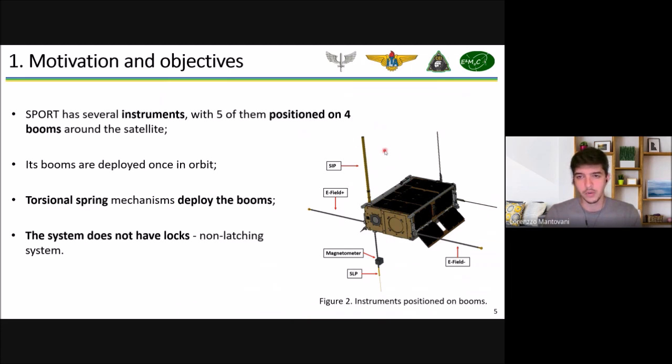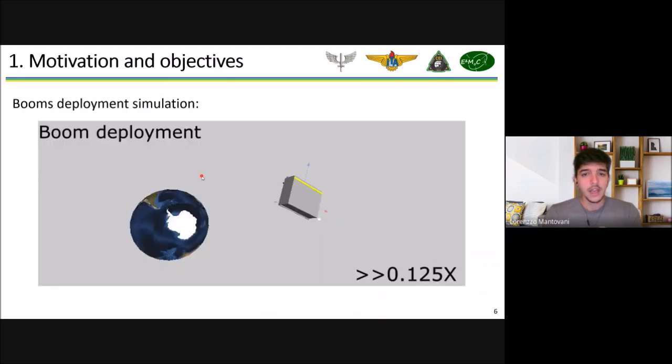So these booms, they rotate and they open, as it is shown here. So torsional springs are used to deploy these booms, and torsional springs are located here at the base of these booms. But these booms do not have locks, so we call them non-latching systems. And I'm gonna show you a short video just to explain how these booms deploy and how